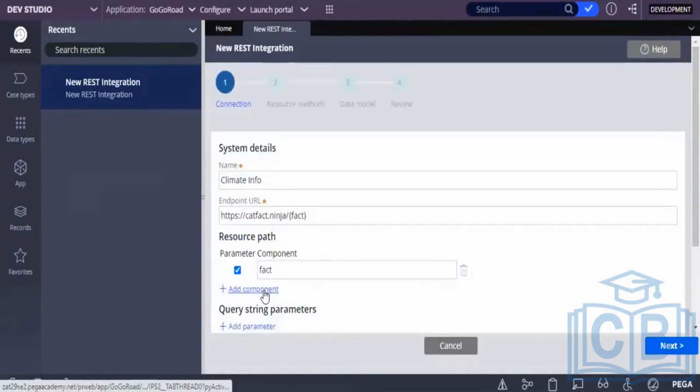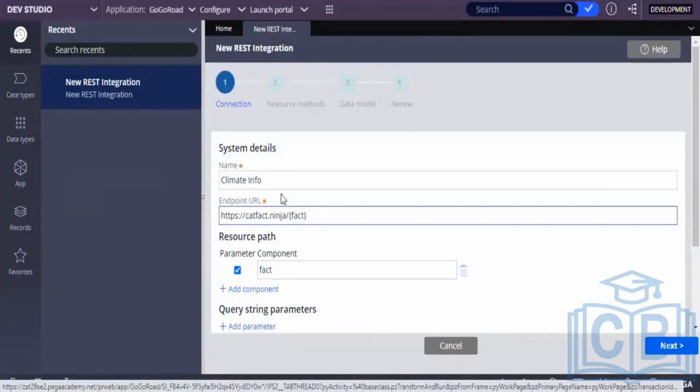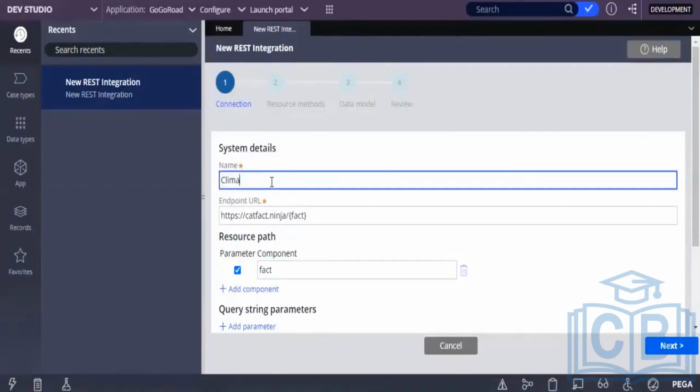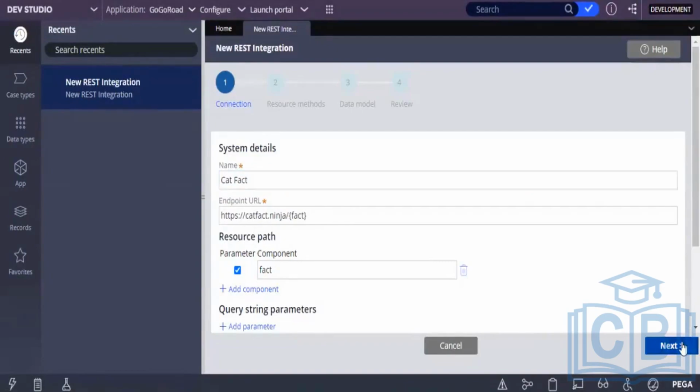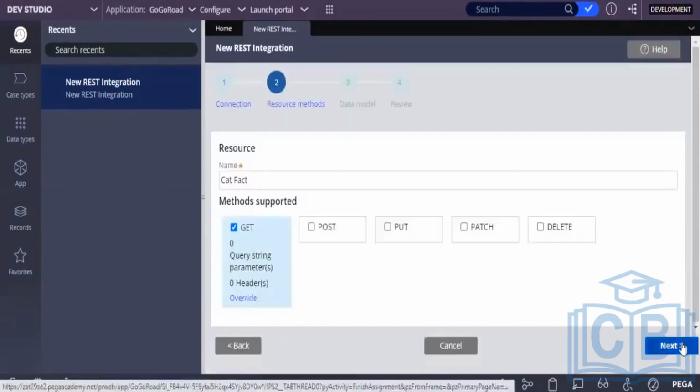You have to remove the errors, and then it will go back. The climate info, you change the name. Click on next. Now again, click on next.